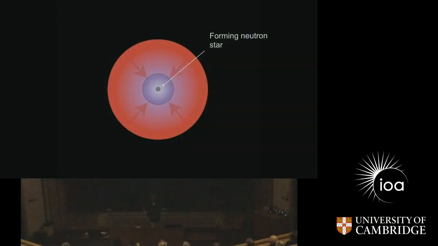We start to form a neutron star at the core, and the core collapses in about 1/10 of a second or so from something the size of the Earth to something about 20 kilometers in diameter or so in radius. A neutron star is very hard, so the material starts to fall inwards, bounces off the